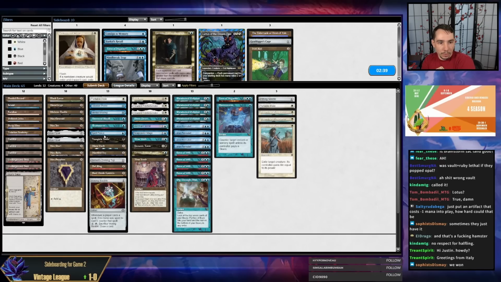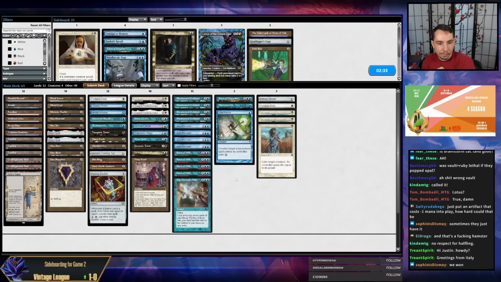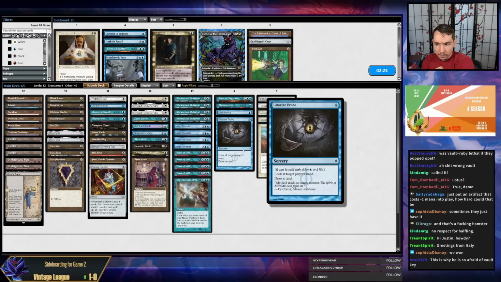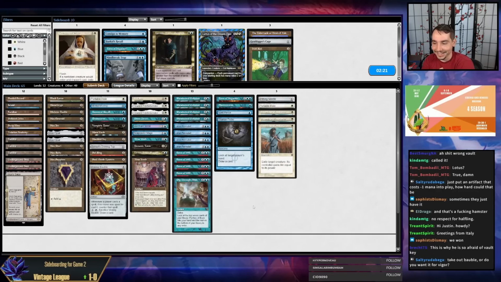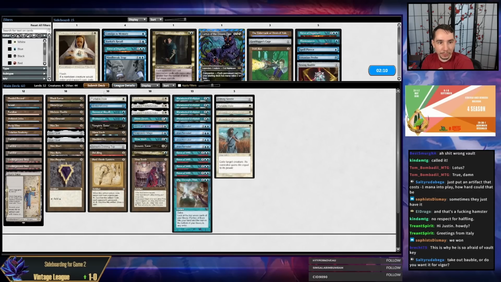Negation, Flusterstorm, Pierce. What else did we take out last time? I know we're going to bring in the Needle this time. We made that mistake the first time around. Maybe it was like Probe. Fair enough, fair enough. This is why they're afraid of the Volkey. Yeah, maybe the Bobble on the draw. I am afraid of Vigor, obviously. It's Absorbent 3, but...